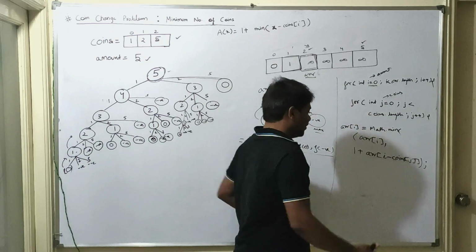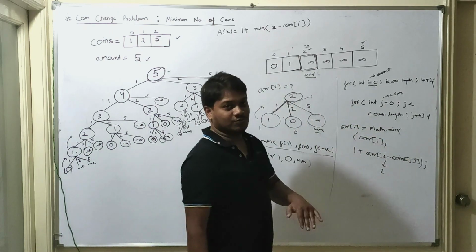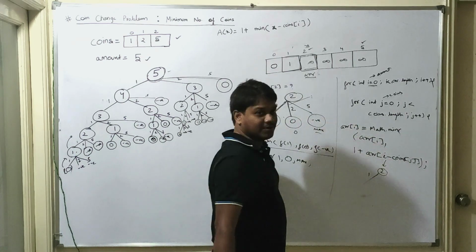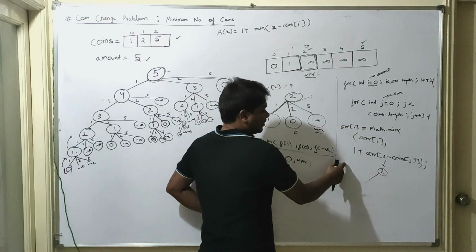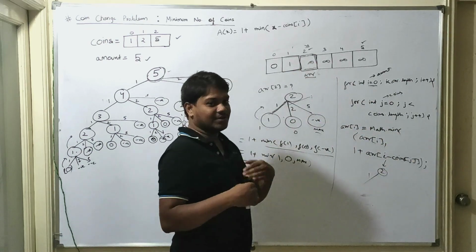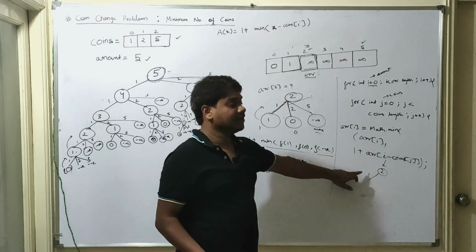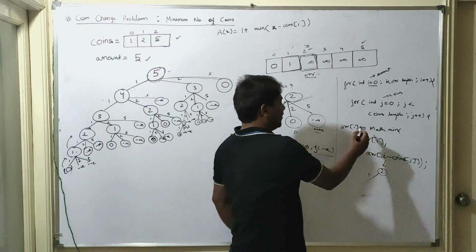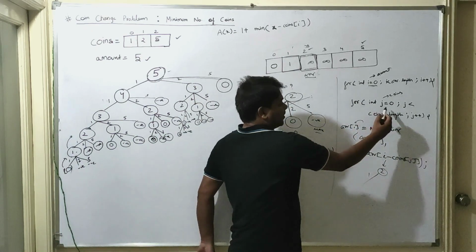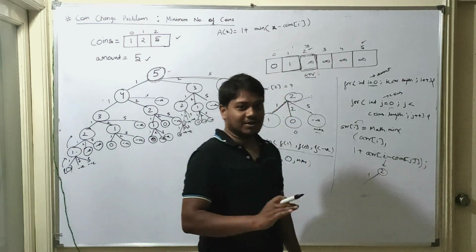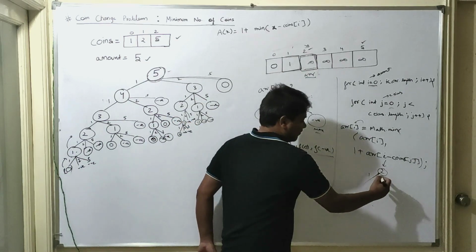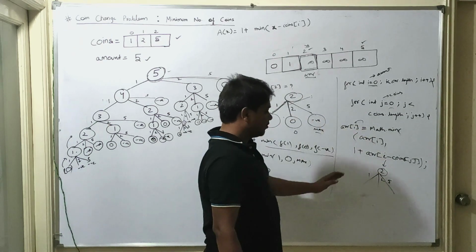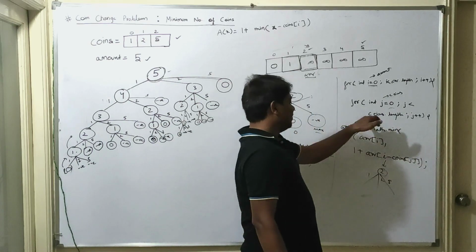Why do we write it like this? Because what is the amount? Suppose the amount is 2 over here, and we are trying that amount 2 first with the 1 rupee coin. Then we are calculating whether the value which has been stored in the array is less than the amount that we are calculating using 1 rupee, then we will put it over here, because whatever minimum value we get out of these two will be updated in arr of i. Then again we will be going for the next index, until we reach the end of the coins. Then again we will be trying for arr of 2, then for 5. So whatever minimum value that we get, we will be updating it over here.